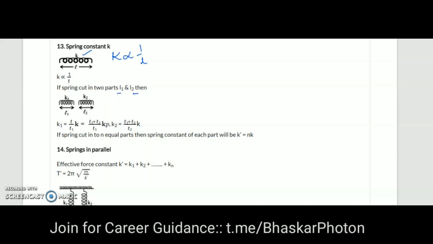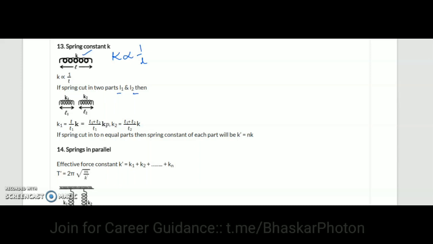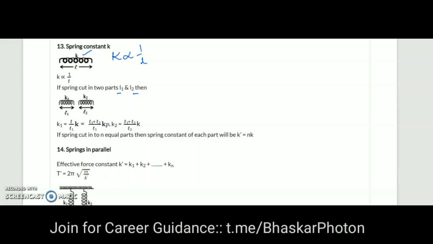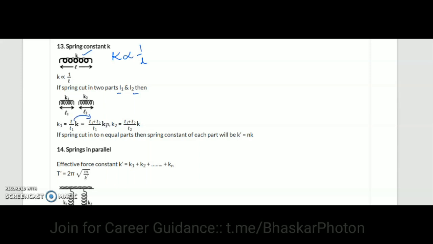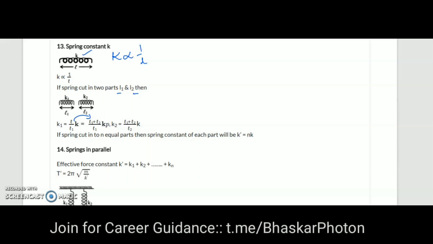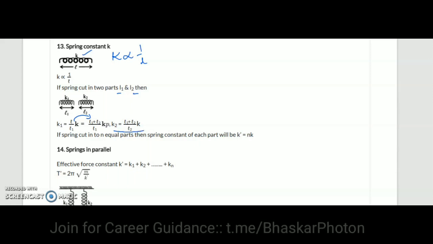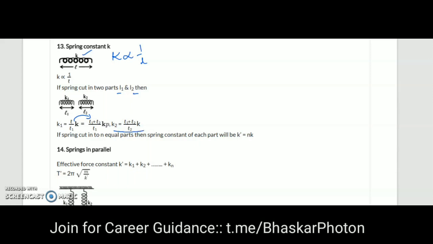Then the expression will be K1 = (L/L1) K, where L is L1 + L2, so K1 = ((L1 + L2)/L1) K, and K2 is ((L1 + L2)/L2) into